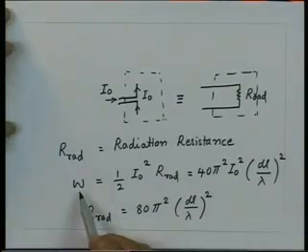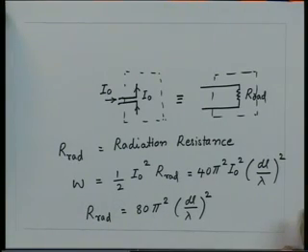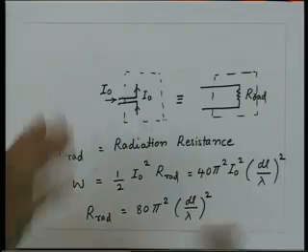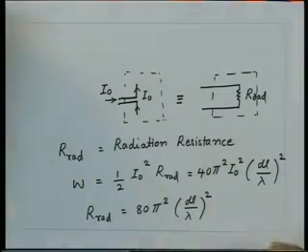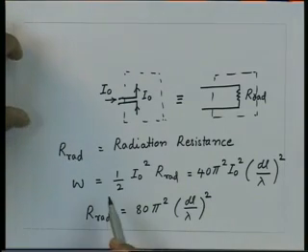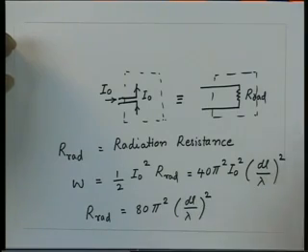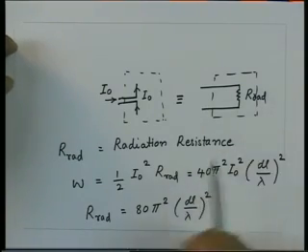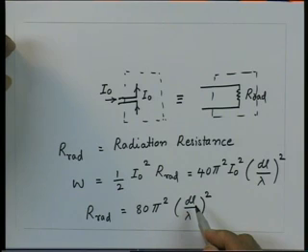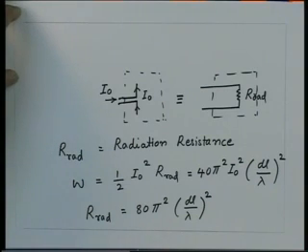As you have seen, the power radiated is proportional to R radiation for a given current. The higher the radiation resistance, the more power will be radiated by the Hertz dipole. So we have a requirement that the resistance should be as large as possible. That essentially means dl should be as large as possible, but dl cannot be increased arbitrarily. So we have a limited range of dl, which means a limited value of the radiation resistance.